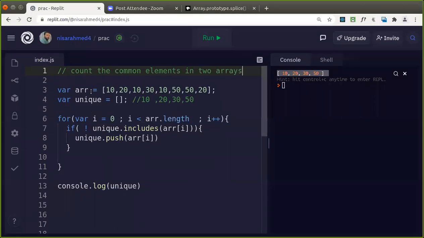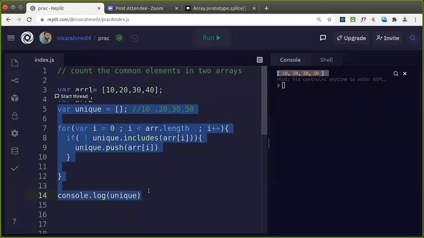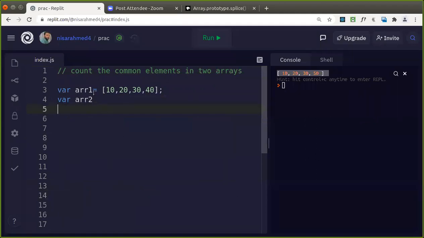Suppose you have array 1 with unique values 10, 20, 30, 40, and array 2 is also given. Suppose array 2 is 90, 10.